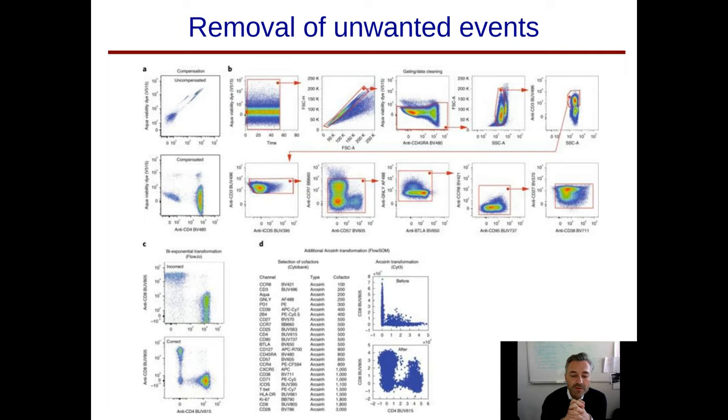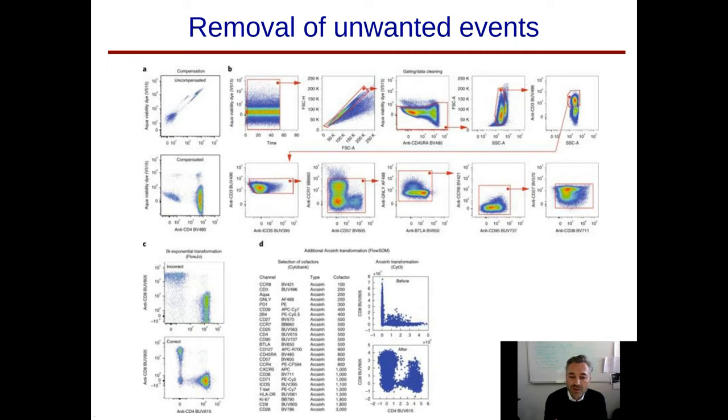So we apply a very stringent gating procedure just to select the population of interest, and in this case, we can select just the population that is of interest for us. That is dependent on the biological question. So if you're interested just in the CD8, and that's something we'll see later in the presentation, then you can just select the CD8, or otherwise, if you want to have the full spectrum of immunity, for example, in a tumor, we generally include a CD45 antibody, and then we isolate all CD45 positive cells